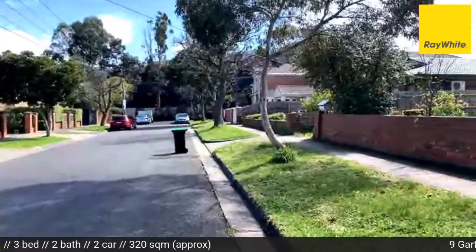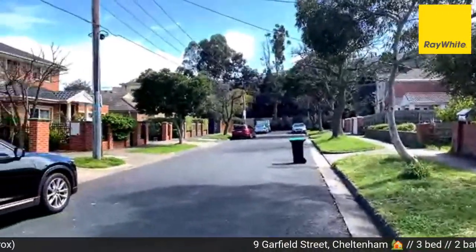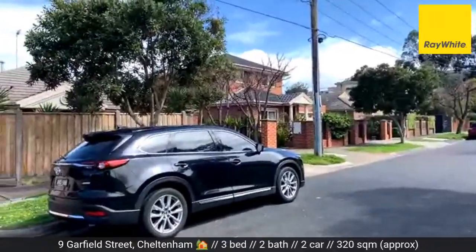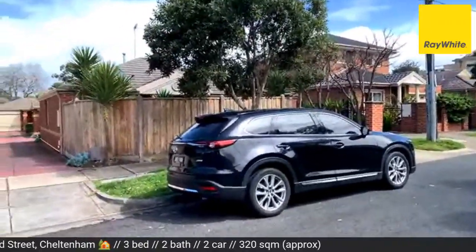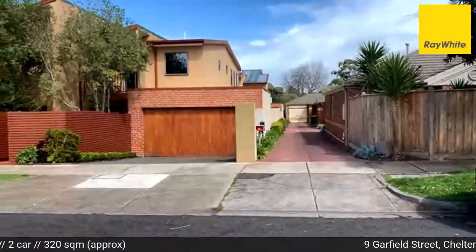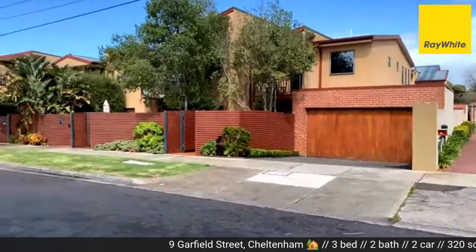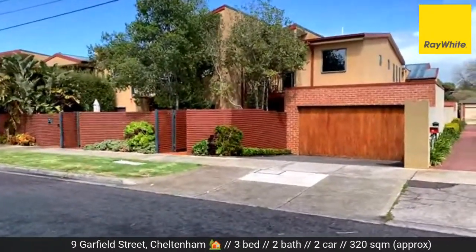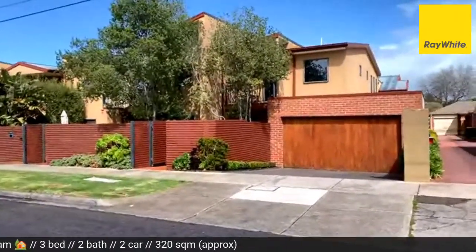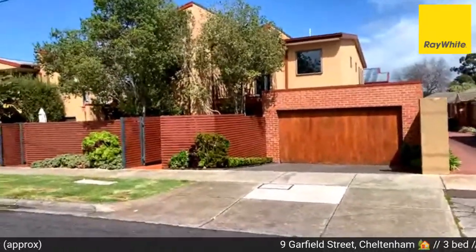Fabulous. So really nice and quiet street. What you see right at the end of the street over there, where there's a dead end, that's where Westfield Southland is. So, like Nico mentioned before, all the amenities are literally at your doorstep. You're close enough so you can enjoy the convenience, yet far enough so that it doesn't disturb you. And here's the front of the property. So it's got its own separate frontage, although it's classified as a townhouse. It's like a home on a smaller block, because you're not sharing your driveway, your land with anyone. That's a big double garage right there, your own private front gate. So we'll start walking